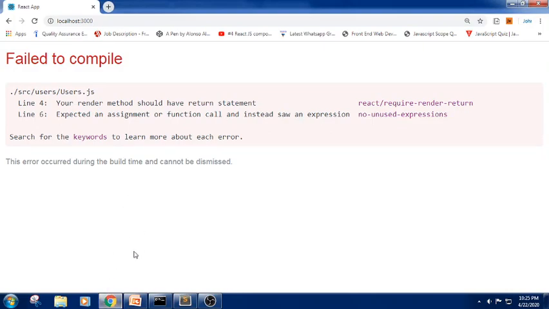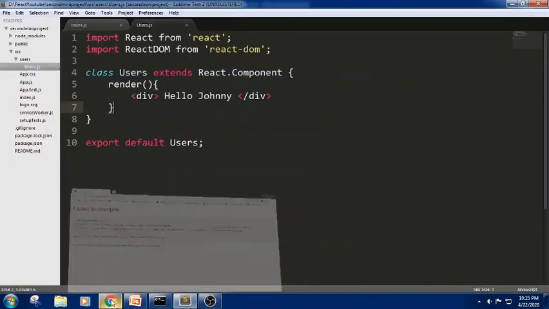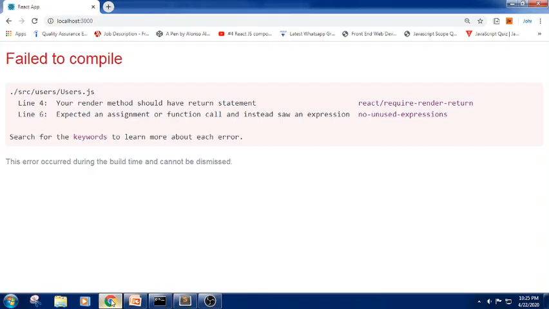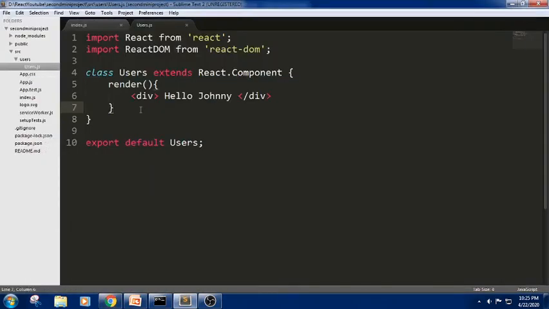Now let us check it in src. It is unable to work because we haven't used the keyword return. Yes, it is done. Hello Johnny. So this is how we have done a basic class component.